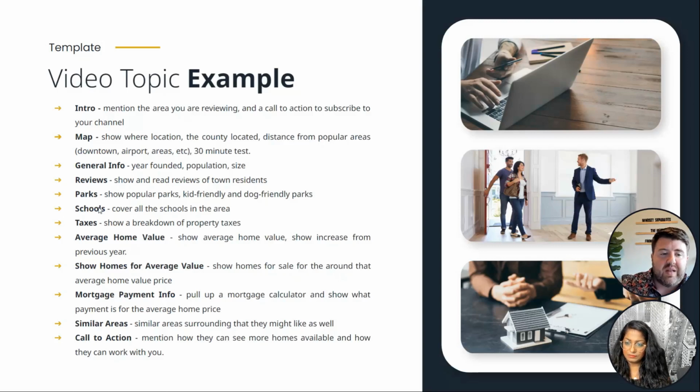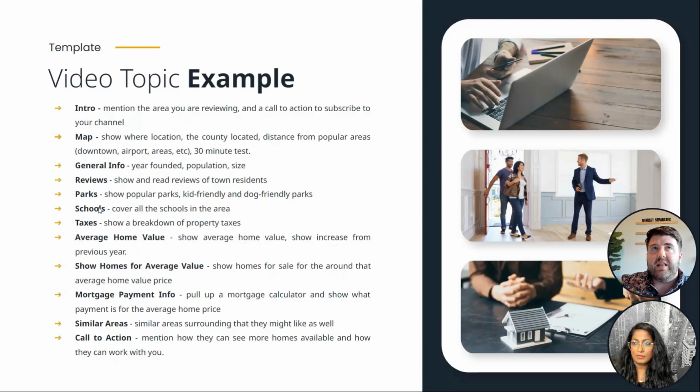Cover the schools in the area, what they're like, and then move into the taxes. Show a screen snippet of the county or the city breakdown of the taxes, what that looks like, so people can have information on affordability. You can talk even more about affordability in the area. And then you can quickly segue into the average home value. If you're using something like KVCore, you can pull up the actual city and it'll give you some stats. A lot of IDX will do that, and it'll show you the average price or average home value in that specific city. Once you go through that, show what it was the previous year. Let them know how property values are going. Is it lower? Is it higher?